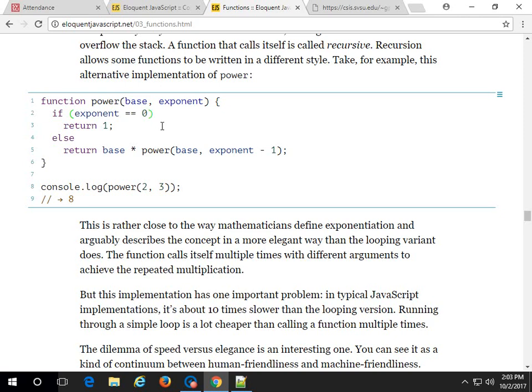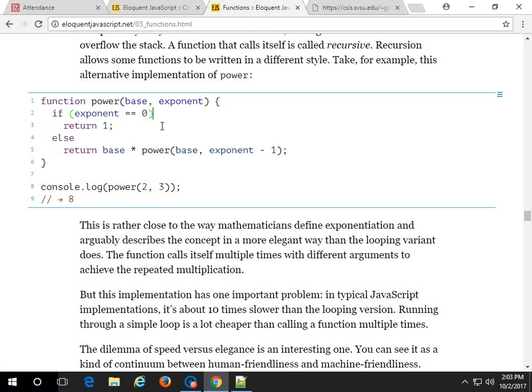If exponent equals 0, is that going to fire? If base is 10, exponent is 5. It will after the exponent hits 0.